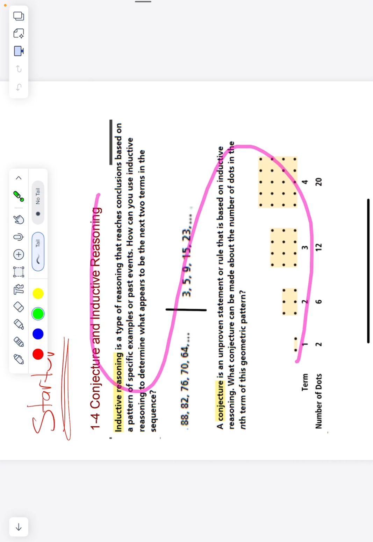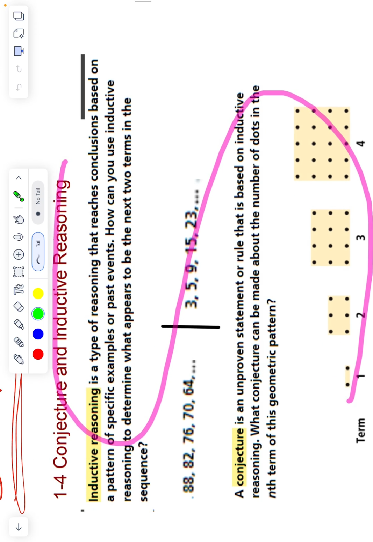And before we do that, inductive reasoning is a big part of proving. It's really a part of everyday life for most people. So it says it's a type of reasoning that reaches conclusions based on a pattern of specific examples of past events. So clearly the ones here, like these two, are just numbers, but I'll explain how you have used that in your life. So in terms of this first one, you're looking at a pattern of past events in the sense that there's a series of numbers,